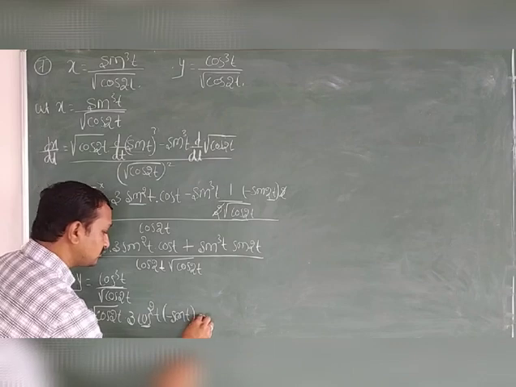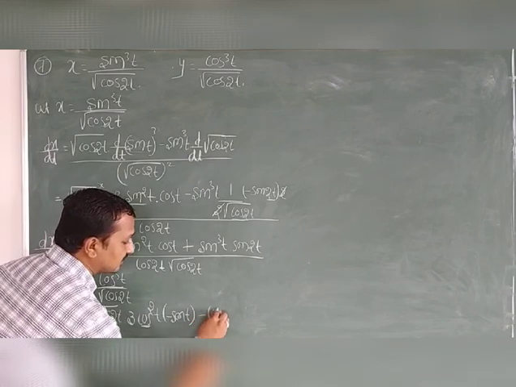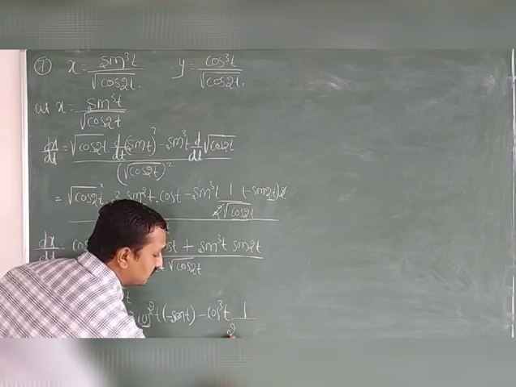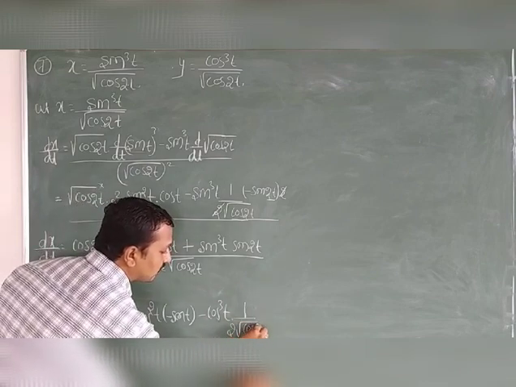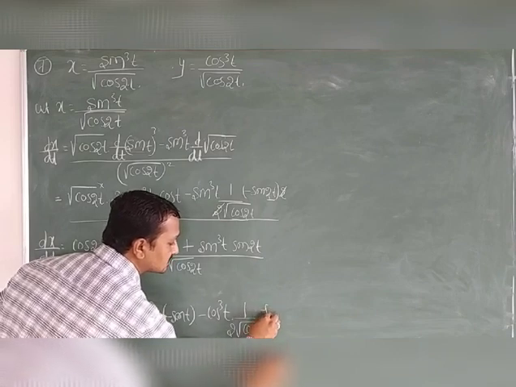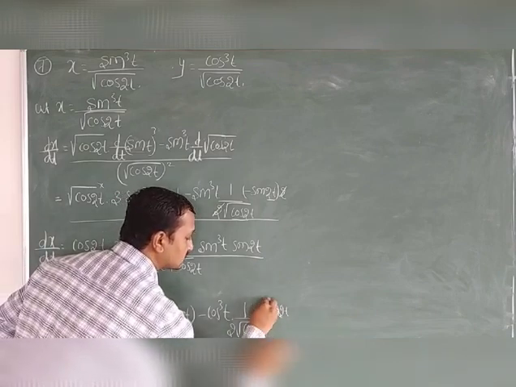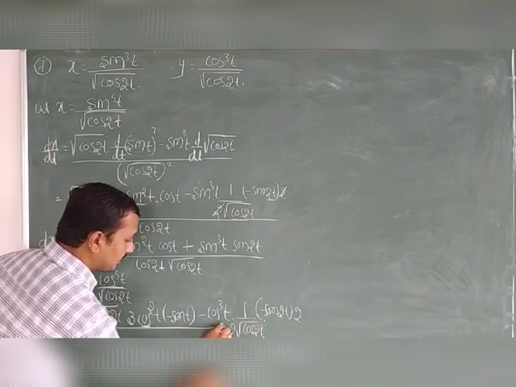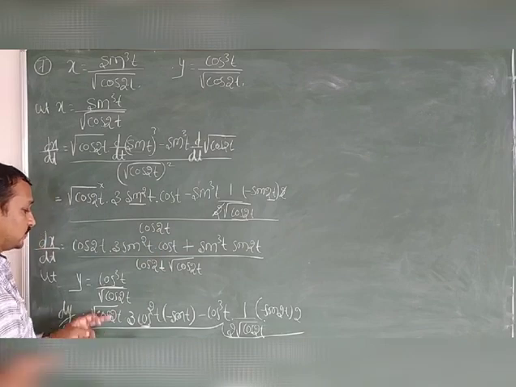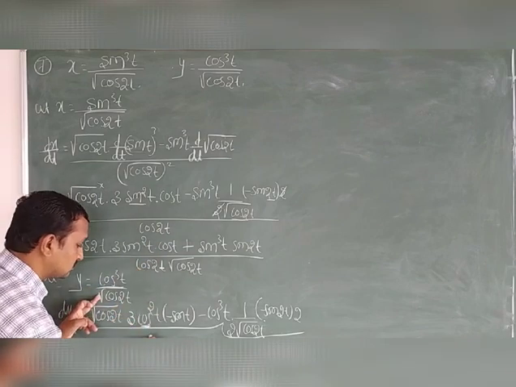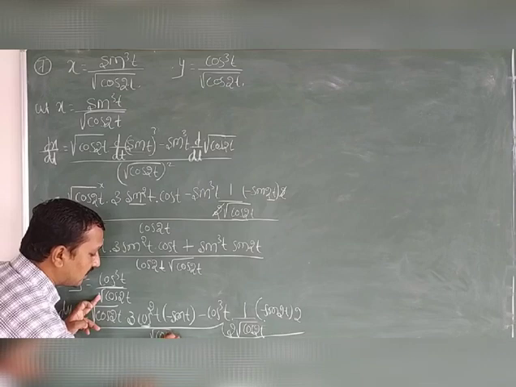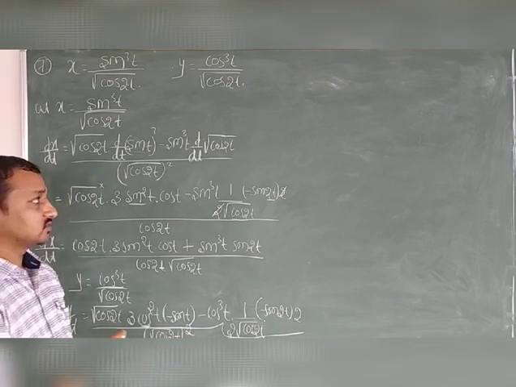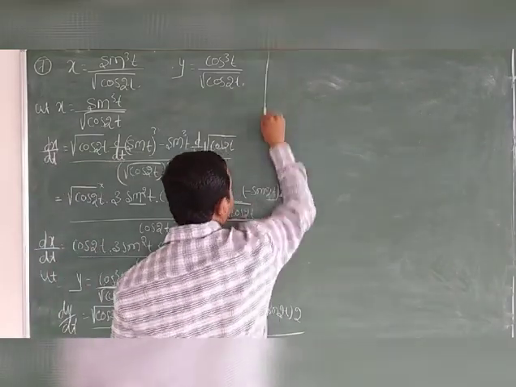Okay. And minus numerator term cos cube t keep as it is, derivative of root is 1 divided by 2 root of cos 2t. With respect to cos 2t is minus sin 2t. With respect to 2t is 2. Clear that? Whole divided by v square. What is v? This term, that is root of cos 2t its whole square.